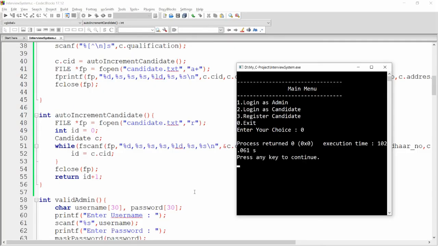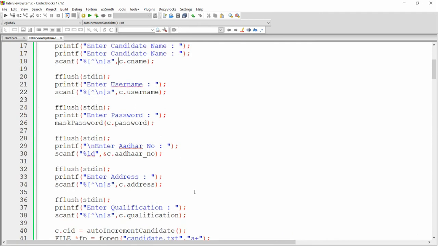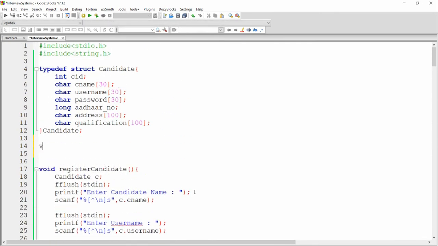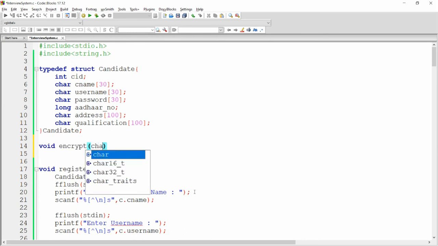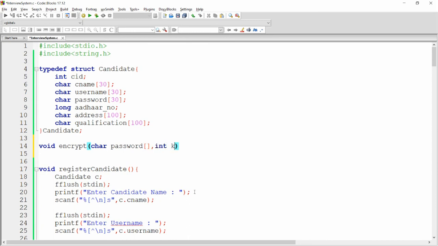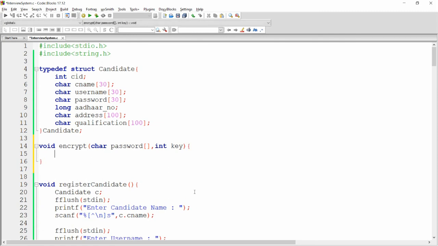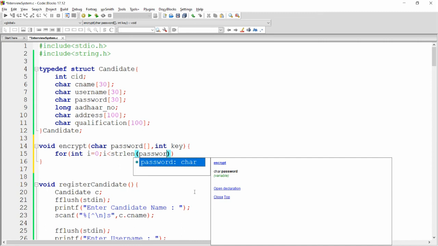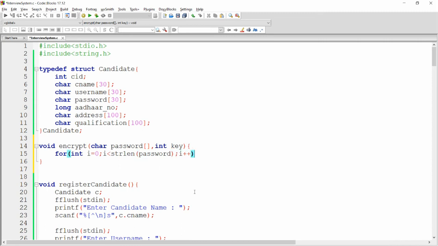It is very simple. Here we can create the function. So I'm just creating a function to encrypt the password. So I'm writing here void encrypt is the function, and here you can get the password as an input and you can get the key also. So based on the key we will encrypt the password. So here we can write the loop, that is for integer I equal to 0, I less than string length of password and I plus plus.